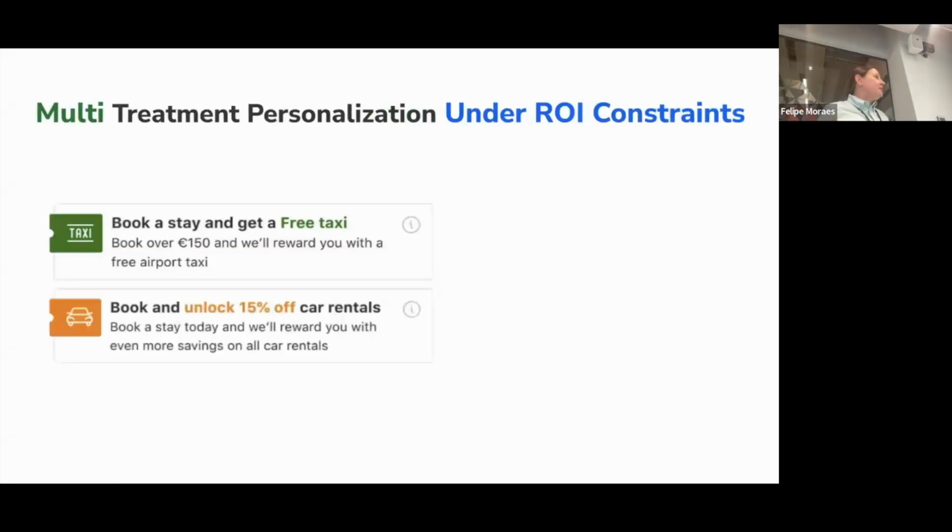And of course, we have a lot of different things: accommodations, car rentals, taxi, flights, attractions, and they can be offered in different ways. It's also very common for different industries. For example, some telecom providers tend to bundle together TV and internet and offer something like buy two, pay for one.